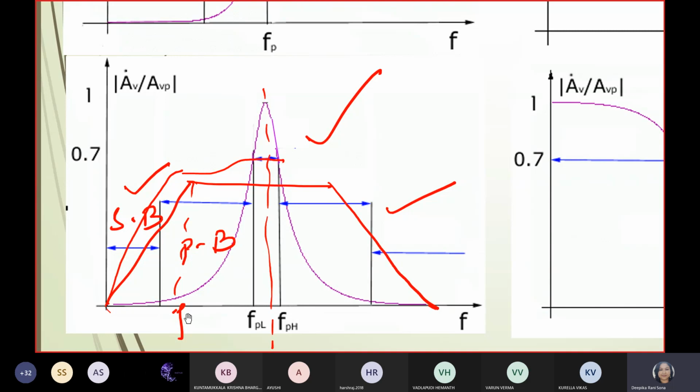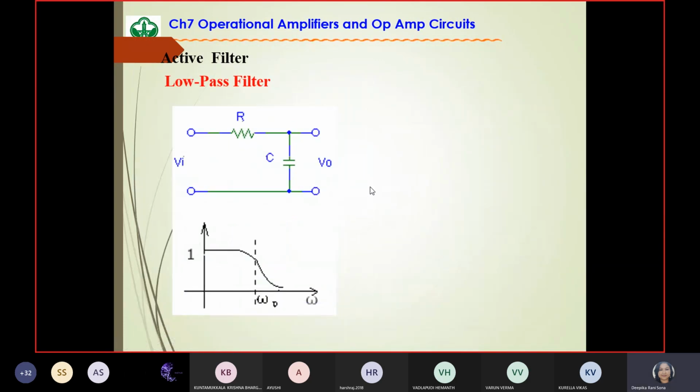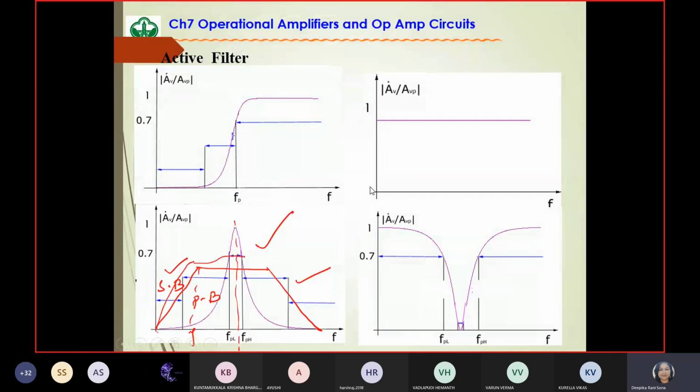If it is high pass filter means FL. Yeah, we have to first connect the high pass filter, then only we have to go for the low pass filter. Okay, the reverse one I'm asking. If I want to get a frequency response of band stop filter, what should I do? What filters do I have to use for band stop filter?